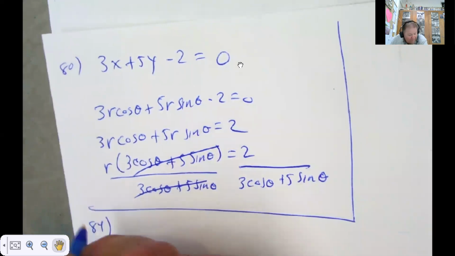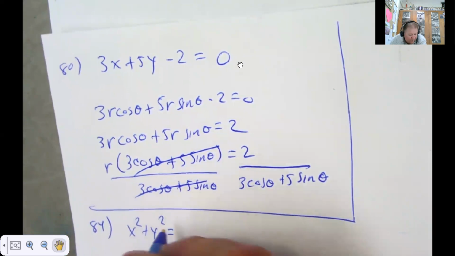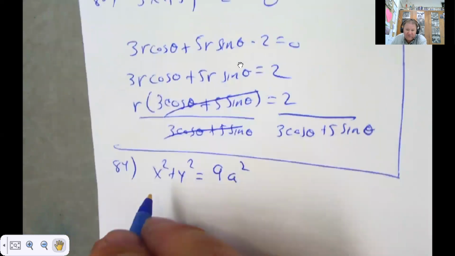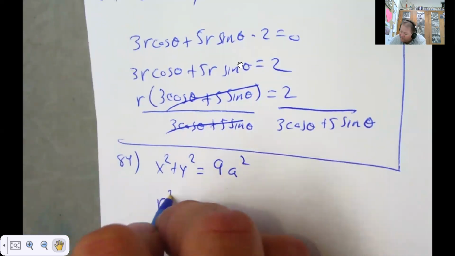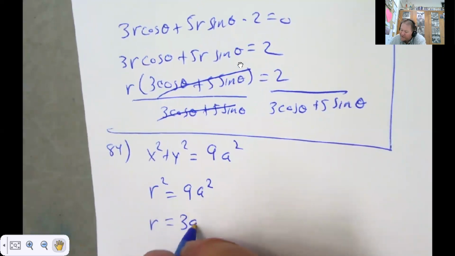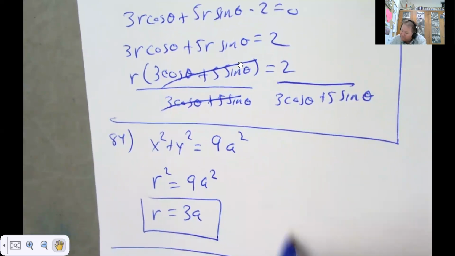84 is x squared plus y squared is equal to 9a squared. And so now, this is an easy one. X squared plus y squared is r squared equals 9a squared. Take the square root of each side, and you would just get r equals 3a. That's pretty simple and fast. And 88